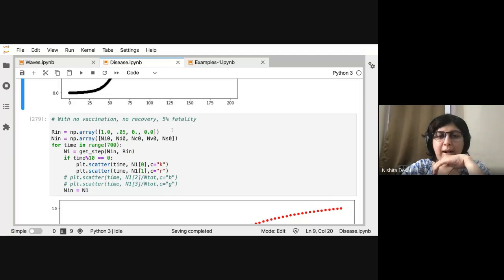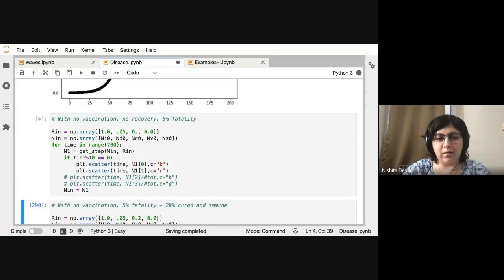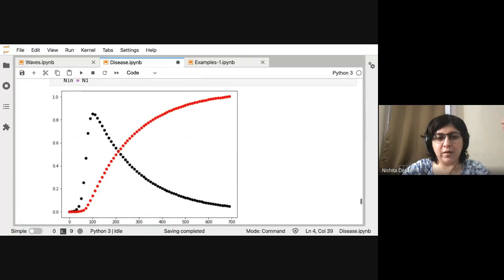Then you can start adding other things. So now you add some fatality, but still there is no vaccination or recovery. So R0 is still 1. Your fatality rate is 5%, and you can plot again.